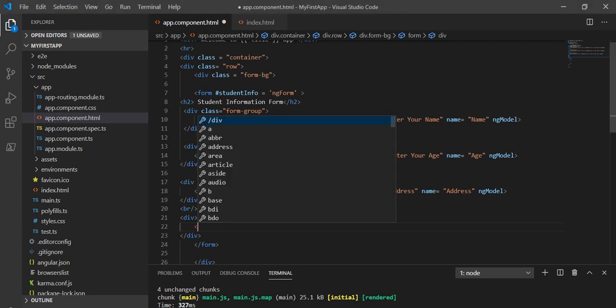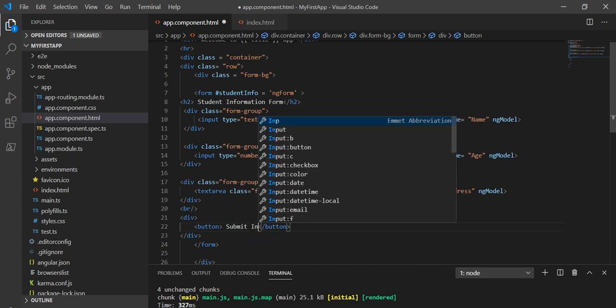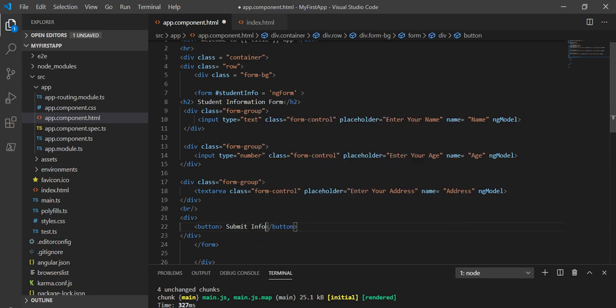So like button, and I will give the button text submit info, and inside this button the type will be submit,